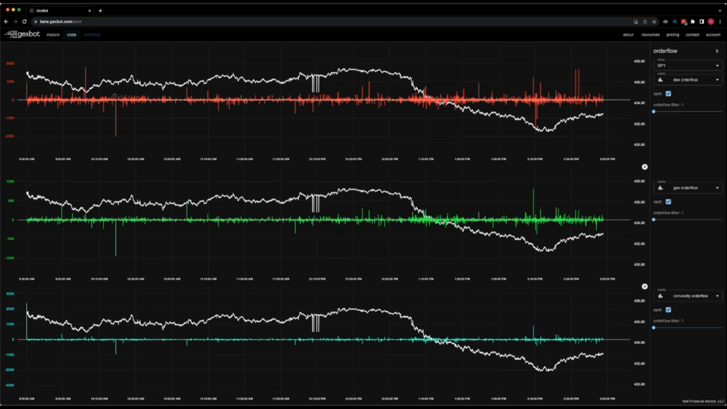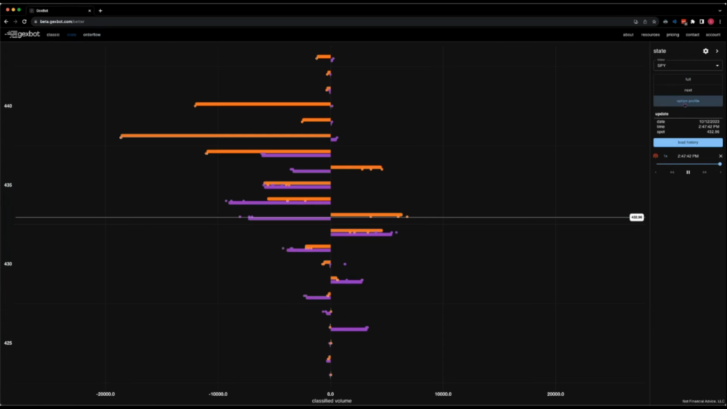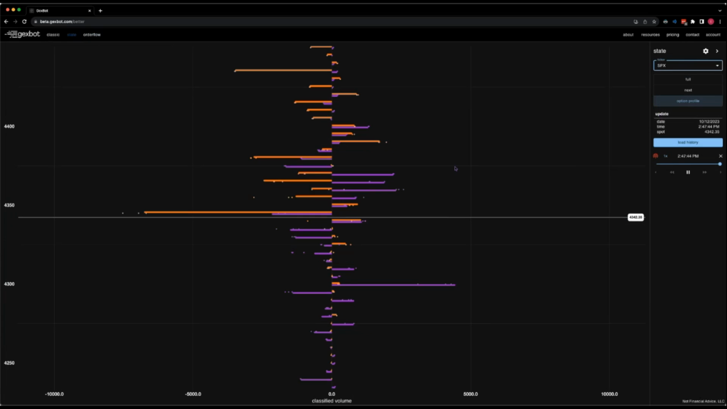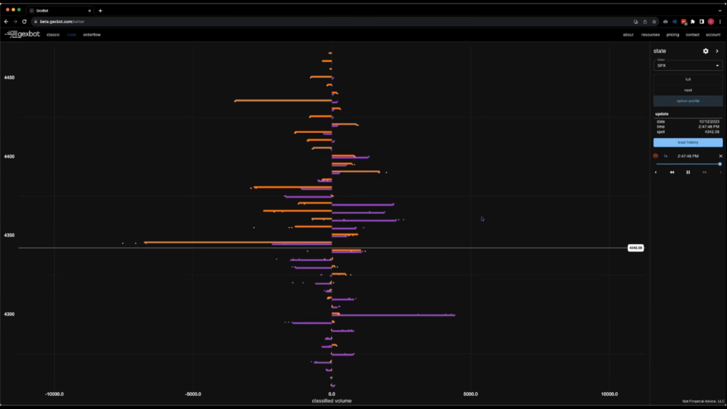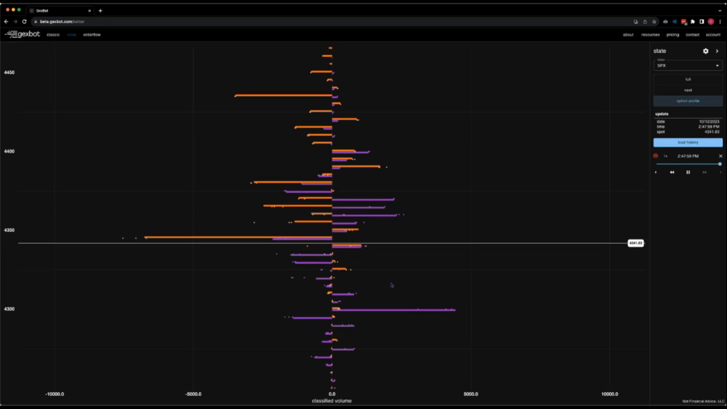I'm going to move back over here to options profile, right? And we'll stay on SPX for the purposes of this, because the idea here is we have this very, very powerful order flow classification algorithm, and it's telling us what's coming in and what's going out all the time. But the problem is, when you're looking at this, as much work as we've done to put all the dots on here and have the history slider and all that stuff,